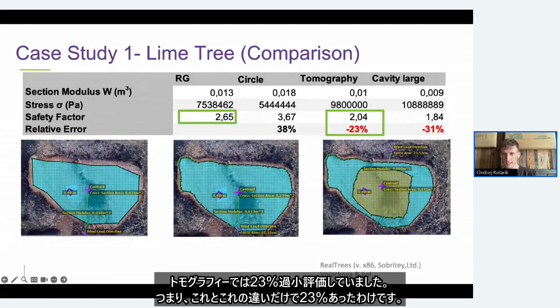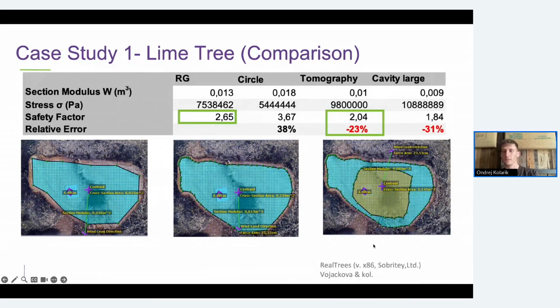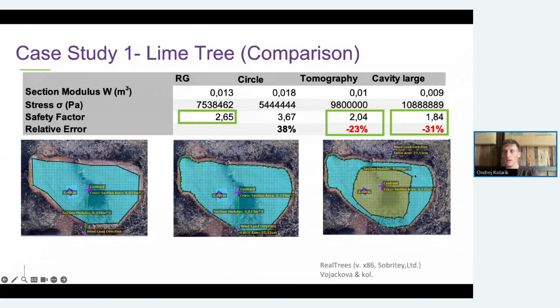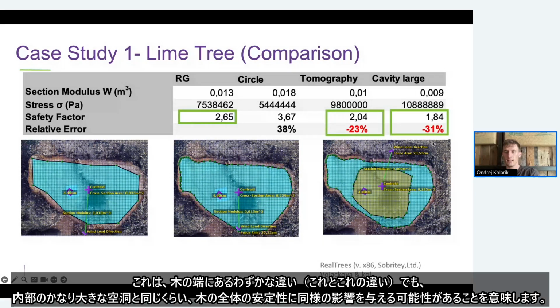So the difference between this and this was 23%. And the large cavity subtracted 31% from this overall stability,